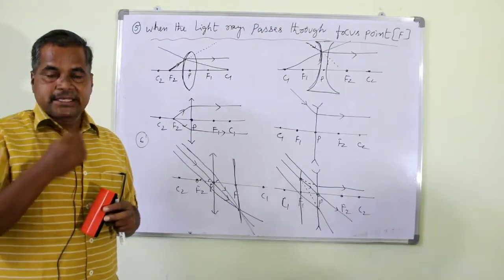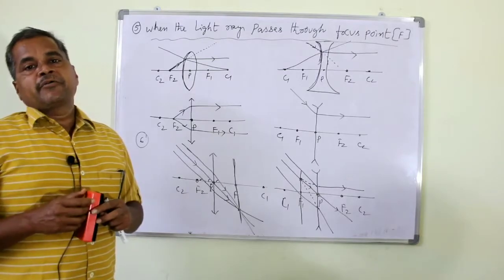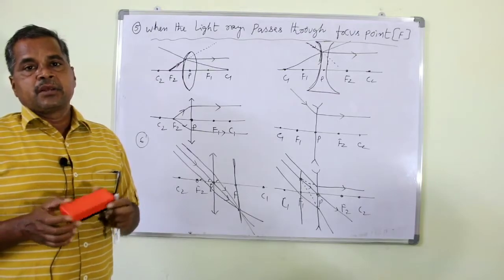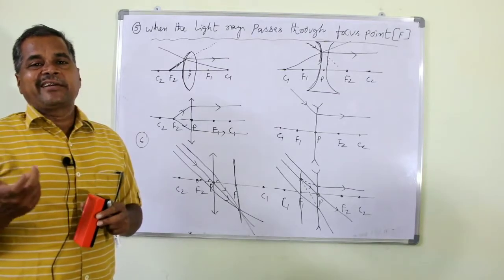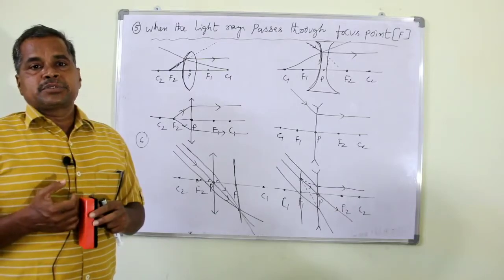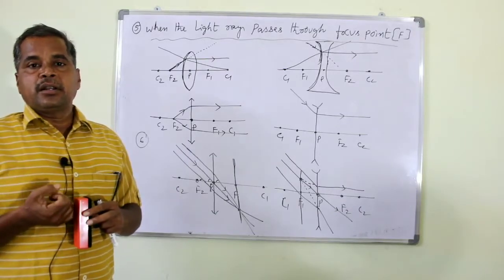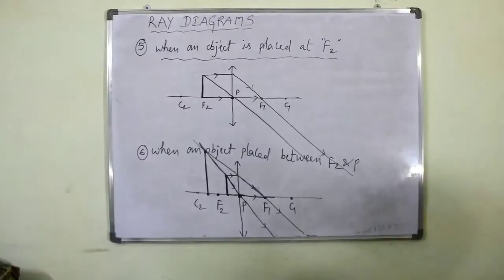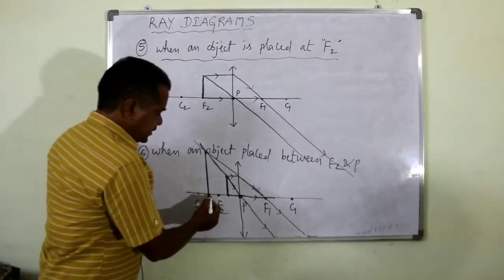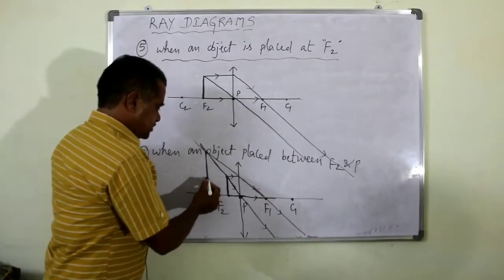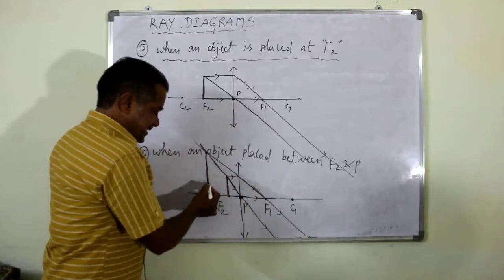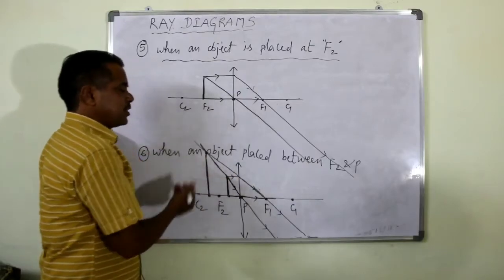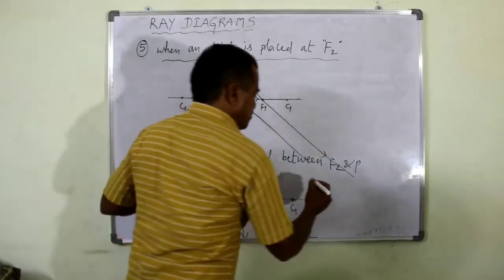So these are the 6 cases about the behavior of the refracted rays when the light rays are incident on the curved surfaces. So by using these cases, we can draw the ray diagrams for both biconvex and biconcave lens very easily. Okay. So here the size of the image is more than the size of the object, and also it is an erect image, and also it is formed behind the object or on the side of the object. That's why we can say that it is a virtual image.